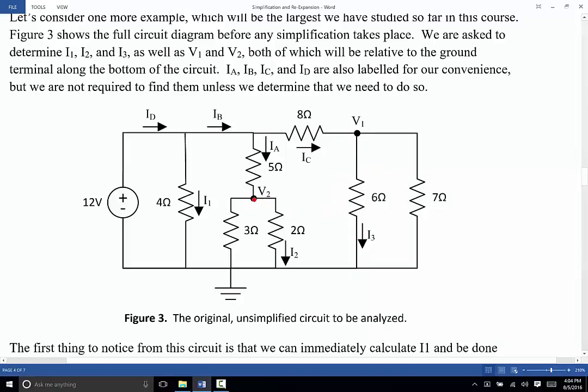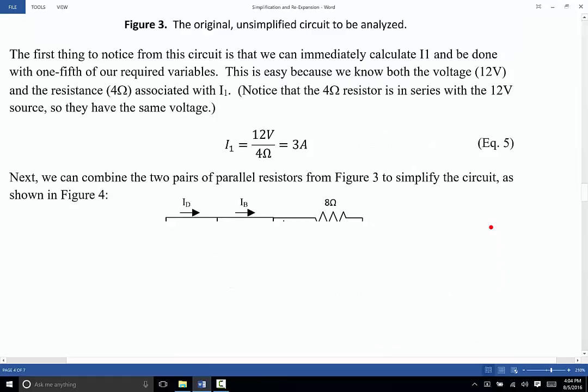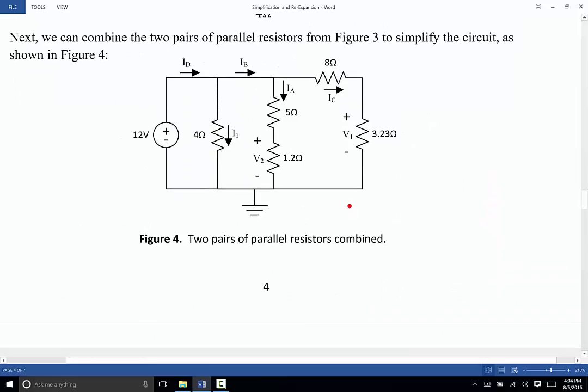And in the same way, V2 relative to ground, well, that is across the combination of the 3 and the 2 ohm resistors. So what I've done in figure 4 is I went ahead and explicitly labeled that. V1 is across this resistor, and it's now the parallel combination of 2 resistors, and V2 is across the parallel combination of 2 resistors as well. That's a good practice so that you can be sure to see exactly what voltage and exactly across what resistor